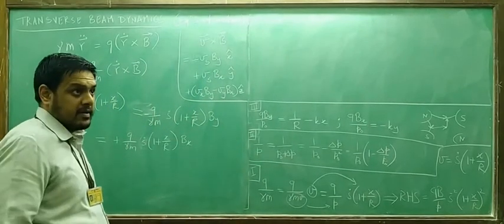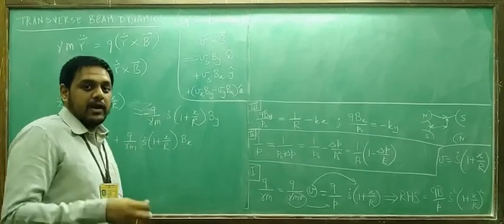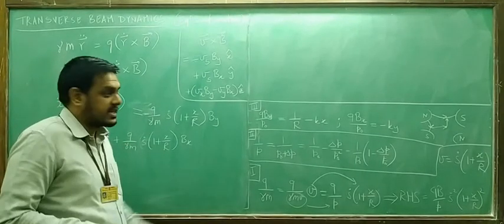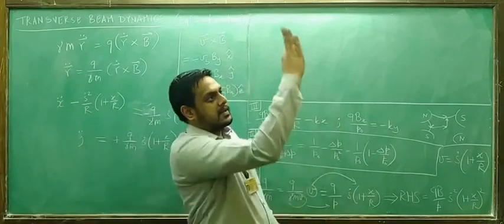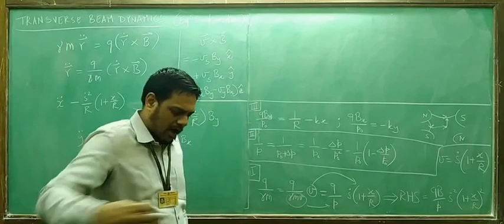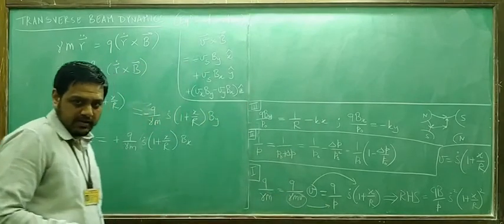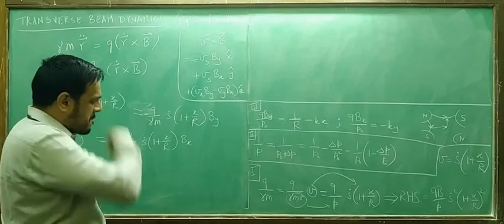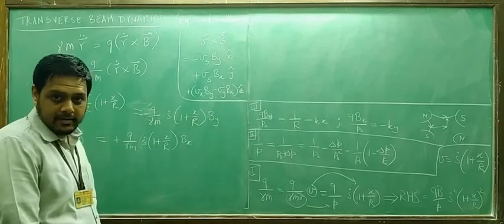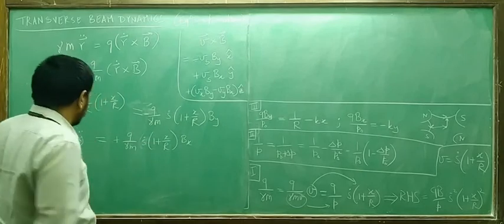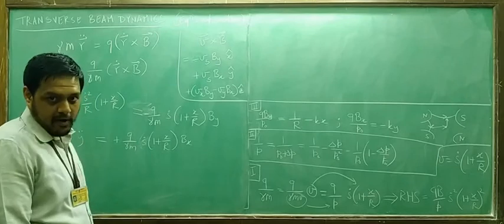I mean, they rather have to be taken into account, because physically it means something which we have already said we are not considering. Physically 1 by r term in this expression means there are some bending magnets which bend the beam this way. Whereas we have said all bending magnets only bend the beam in the plane, out of plane is not there. Okay. Now with all this Ramayana, one can try to rewrite these equations into a more suitable form.